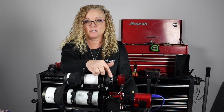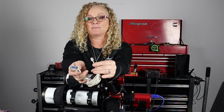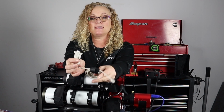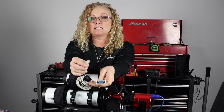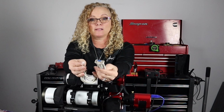When I started this build, I had every intention of running a single cable from Pegasus to the Moonlite focuser and having Pegasus drive the Moonlite focuser for me. And what I had was this cable that was a DB9 going to an Ethernet RJ45. I had this cable in my bin as a spare, and in my noviceness here, let's call it that,